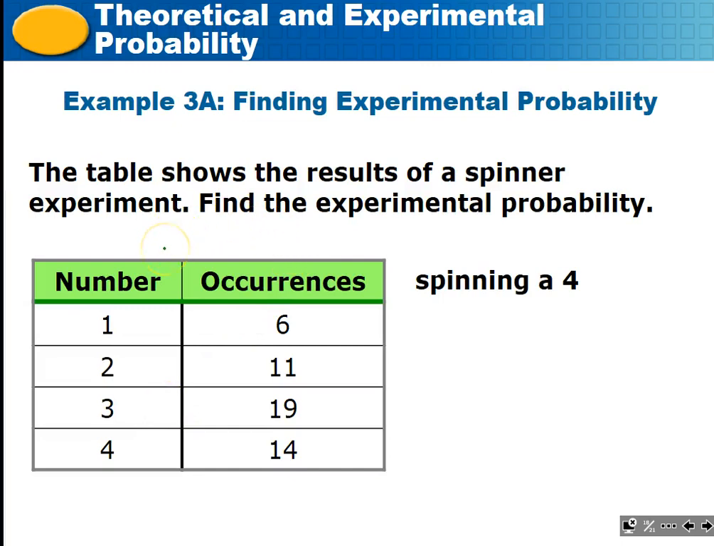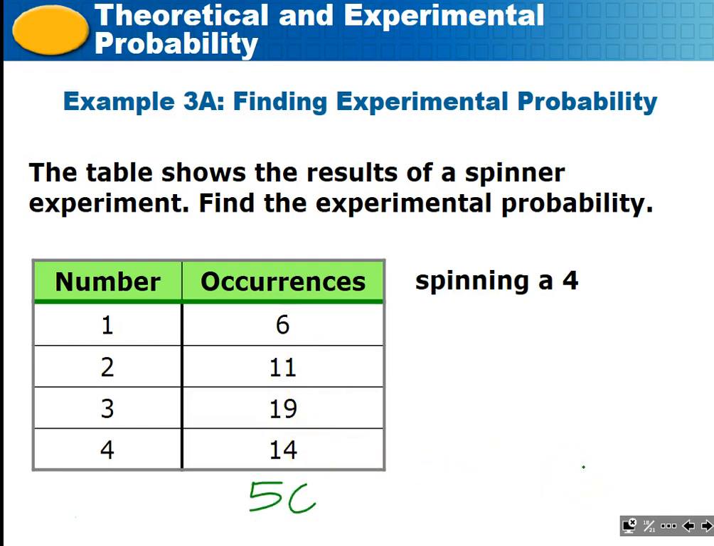So here we go. It's saying here to find the experimental probability, the table shows the results of a spinner experiment. Now, if I had a spinner split up into 4 evenly spaced numbers, then my percentage of finding the actual theoretical probability of a 4 would be 25%, right? However, this is an experiment, so we're going to see if that actually occurs here. The first thing we need to do is add up these numbers, 6, 11, 19, and 14, and when I do that,